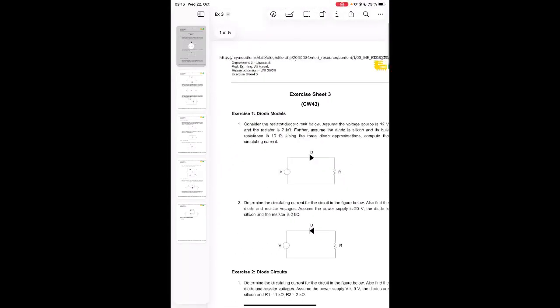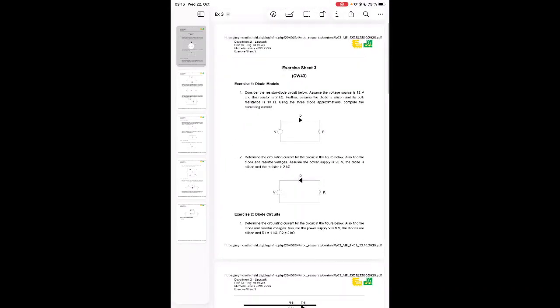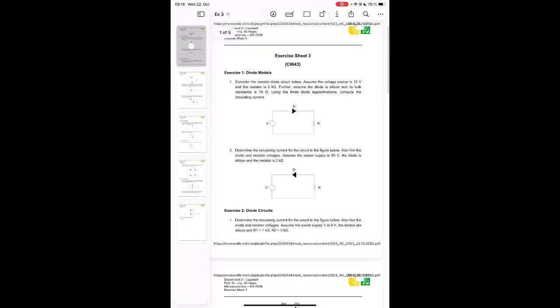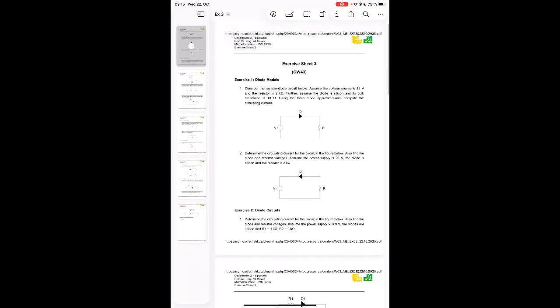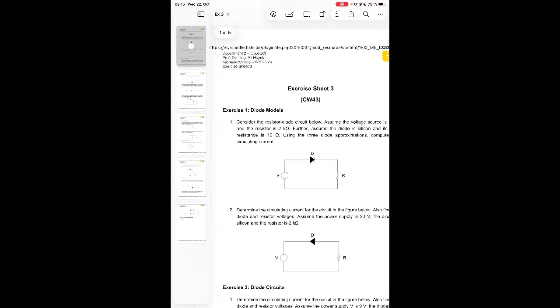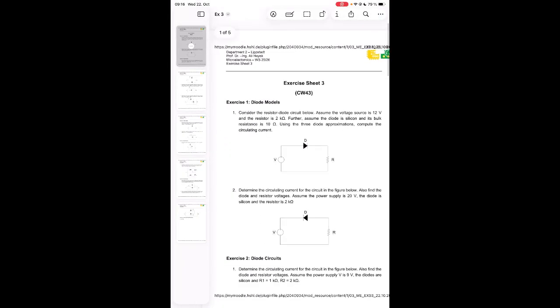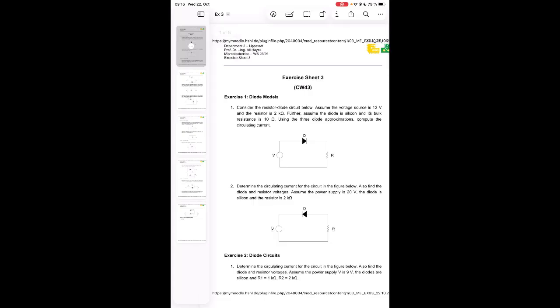Of circuits in this diode. So at the beginning, something very simple. We have a very simple circuit with one diode and one resistor. And we have seen in the lecture a couple of